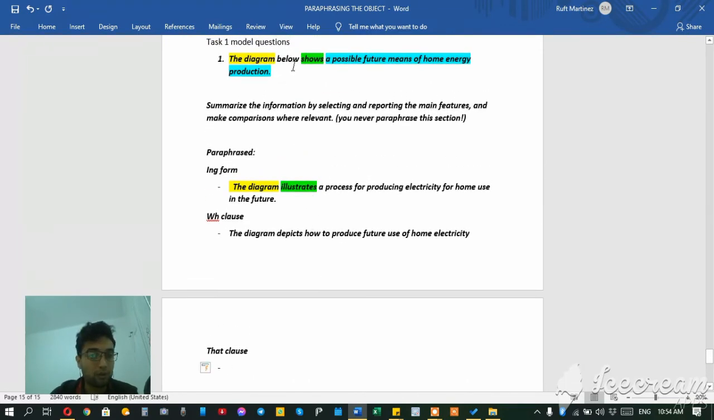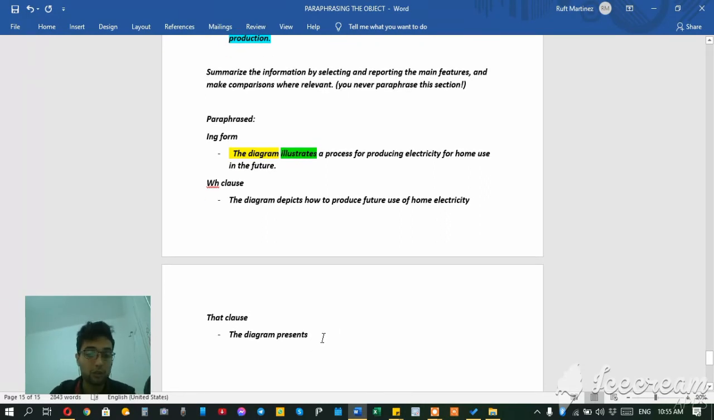So the diagram below shows the possible future means of home energy production. The diagram presents... you can always change, paraphrase the verb. Keep that in mind. The diagram presents,